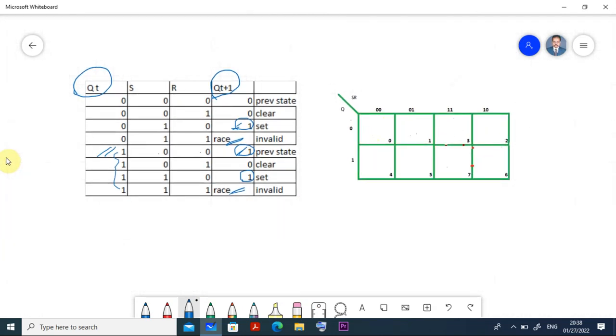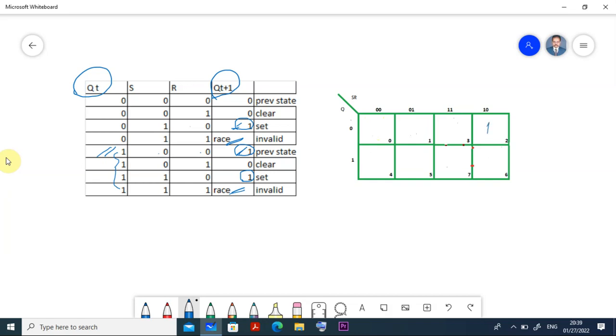Now you tell me, I have a K-map. In this K-map, when you are getting 1 1 1, look at the left hand side here. What are the things you are having? One is Q, and I am having S and R. So here I am taking whatever the values are there. So here 1 is equal to 1. Here where it is 0 1 0, 0 1 0 means this is 0 and this is 1 0. That means here it must be 1.